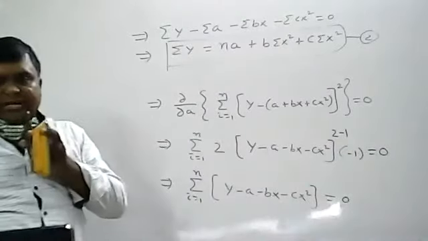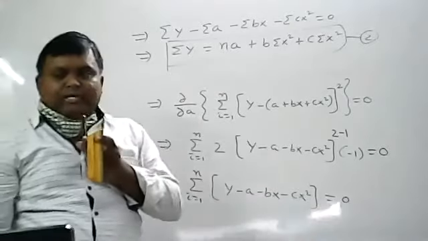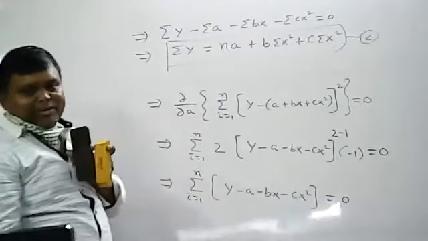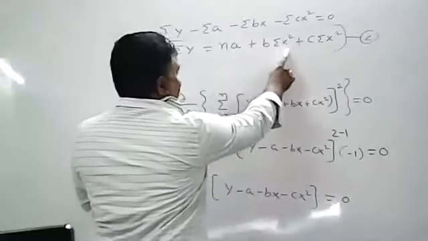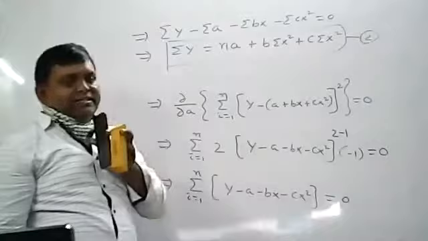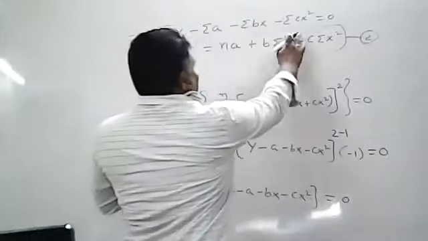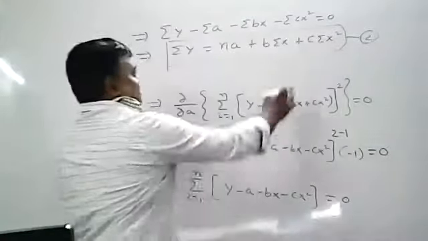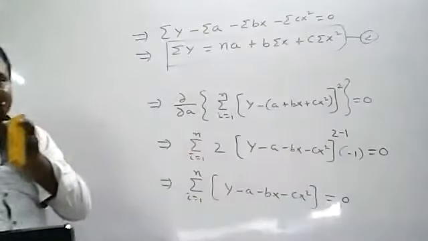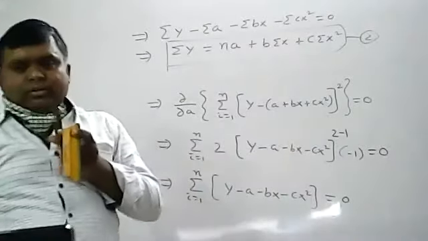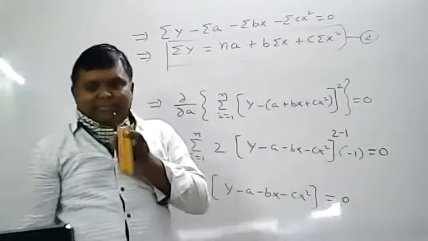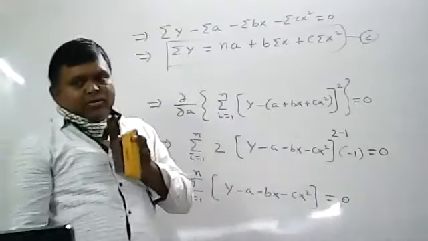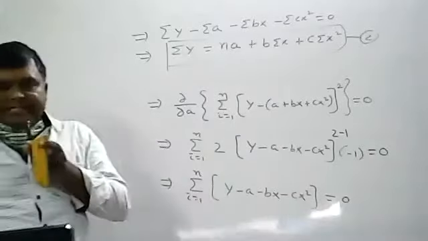That is the first normal equation you are getting. So ∂E/∂a, if you simplify, what is the first normal equation of a second degree equation? Summation y equals Na plus b summation x plus c summation x square. I hope all of you understood the same derivation. The only difference is that a, b, c are there. ∂E/∂a is completed.